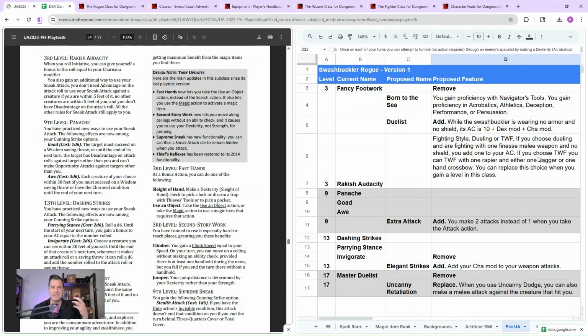Because they're just additional options, right? They're not things you can do on top of everything else. It's just two different ways to use this one feature, your Cunning Strike feature that you have. So you're more flexible, not more powerful from those. Whereas extra attack is going to add a little bit of power. And it's not a huge amount of power because you're a rogue, right? With a rogue, most of your damage comes from just landing that sneak attack.